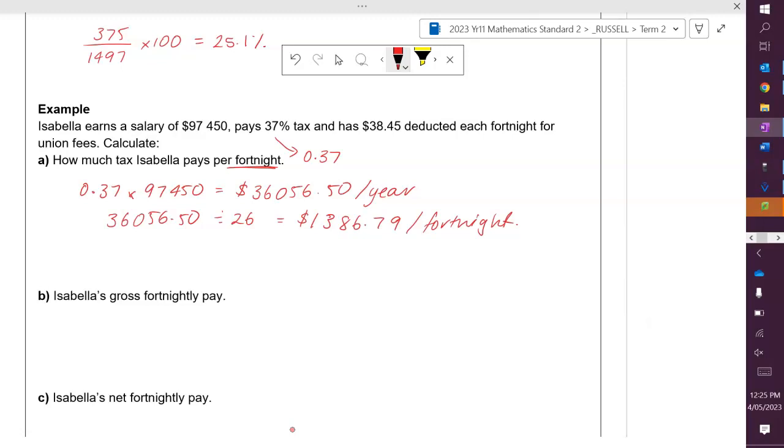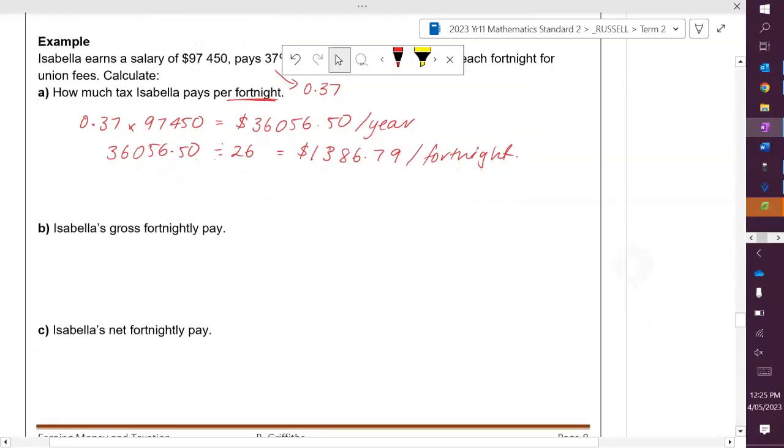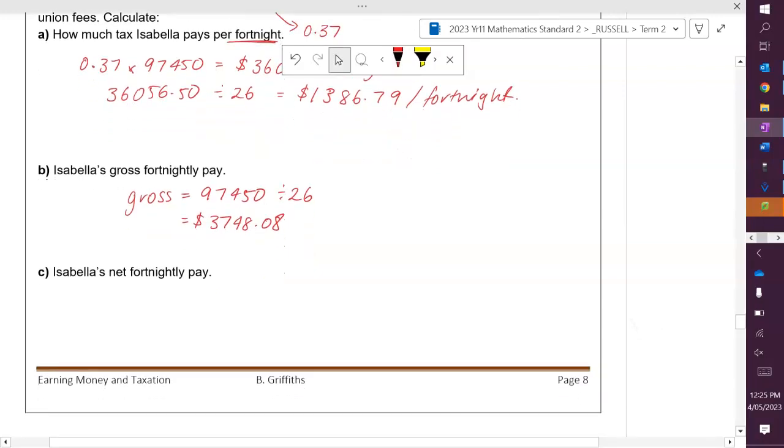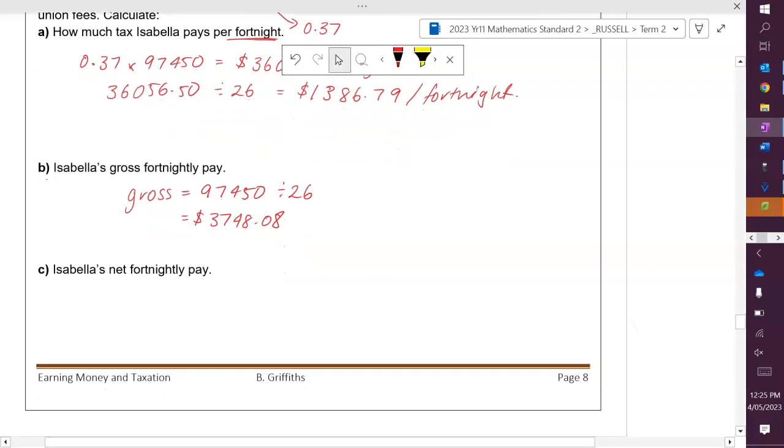Right, we want to find her gross fortnightly pay. So her gross pay is simply going to be her salary, and we divide it by how many fortnights there are. So her gross fortnightly pay is $3,748.08. And her net fortnightly pay would then be working out, well, if we've got her gross fortnightly pay, which is $3,748.08,